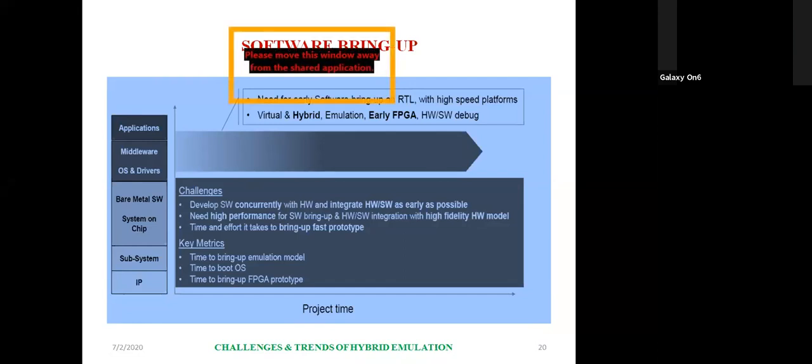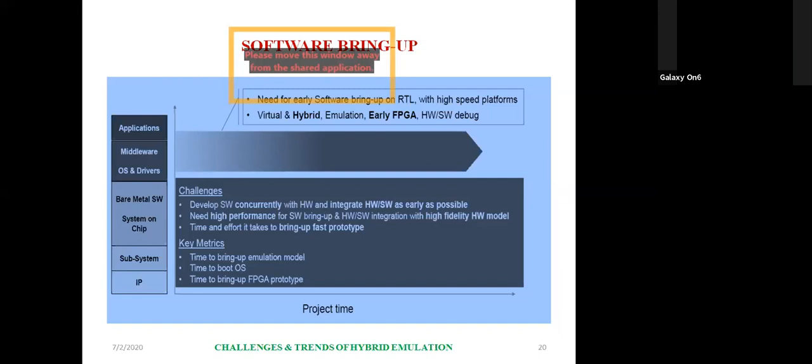So we have to develop the software with the hardware, integrate the hardware and software, and make all your peripherals live: USB, UART, I2C, SPI, DDR3, PCI, SATA, all hardware which is interfaced to your SoC or your FPGA.